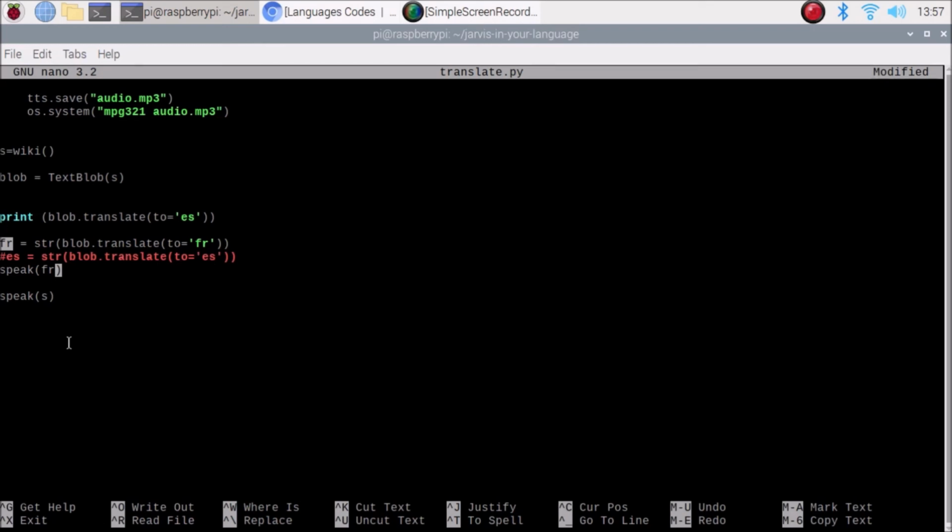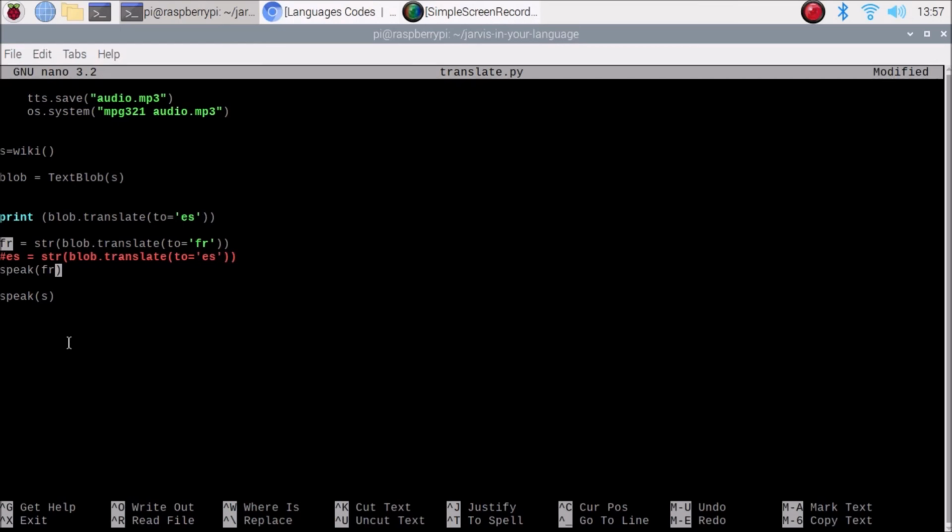Okay, so this is the way friends the program works. And after that you can just ask Raspberry Pi 4 Wikipedia questions in your own language. Also the Raspberry Pi 4 will speak with you in your own local language, and also English, which is the default language for our program.